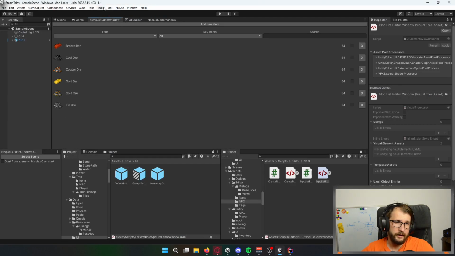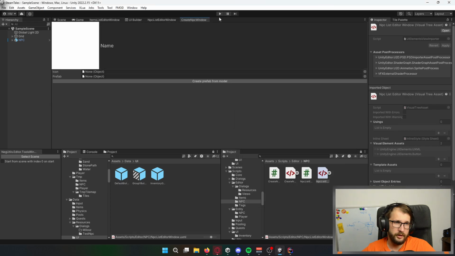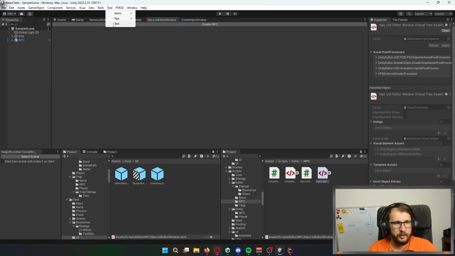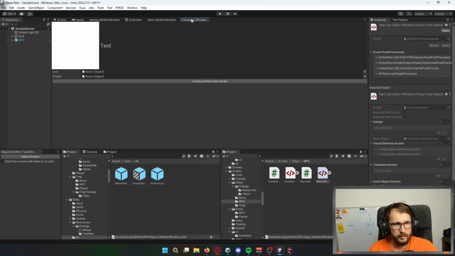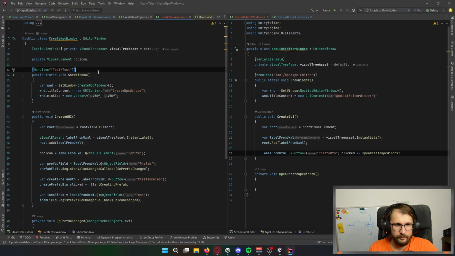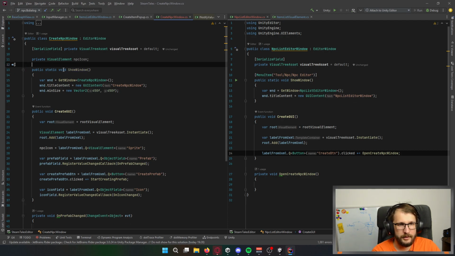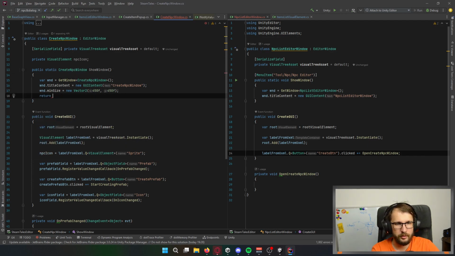Wait, if I have already had this window open, if I press test, it will take me to this window. Okay, that's good. Sorry. So let's go with show window, of course. With get window, of course. But I want to return this window, so let's go with return window.